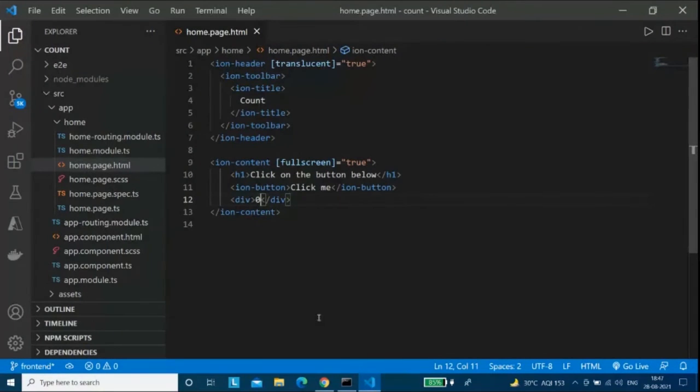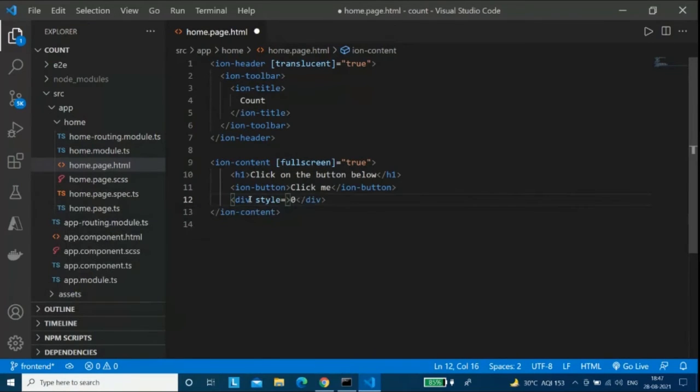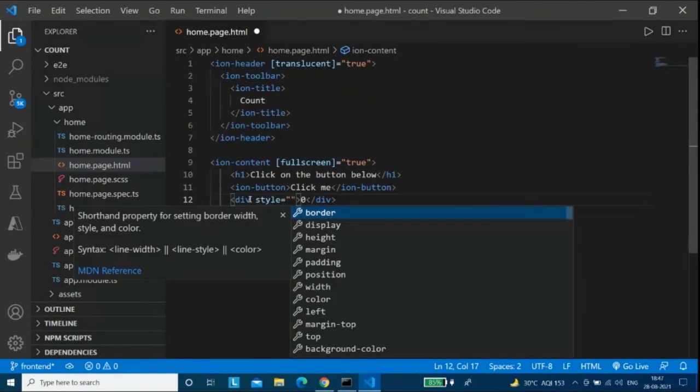So I'll just use an attribute called style. This is just CSS only, but I am using it over here, and we'll come to the CSS part later. It will be better if we do it here only.